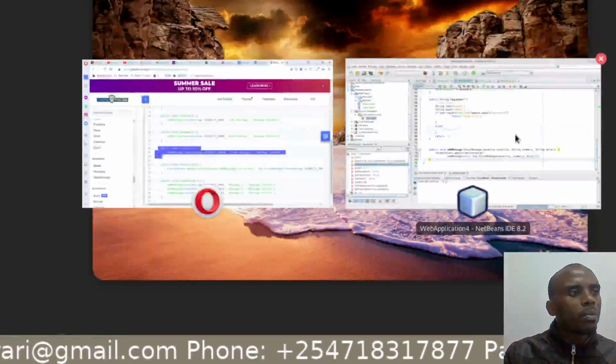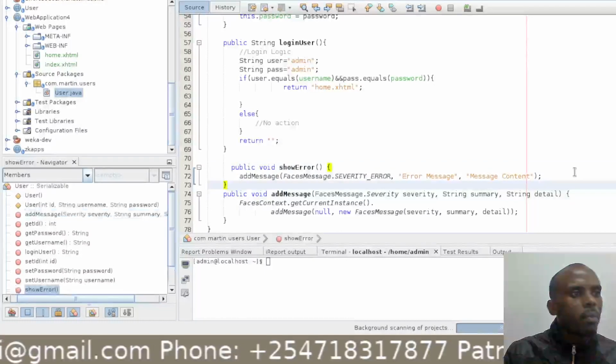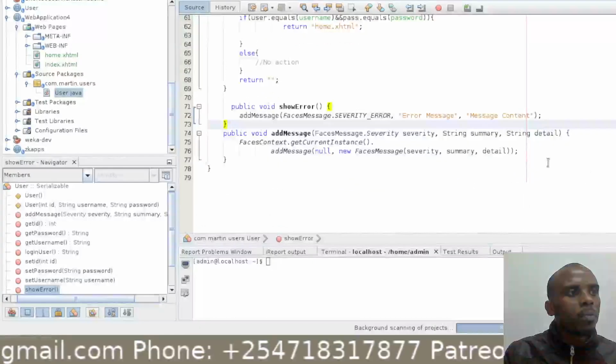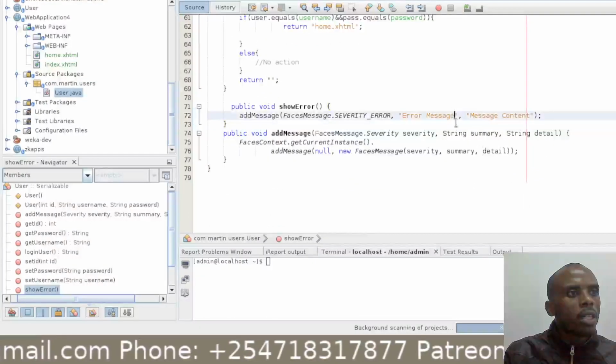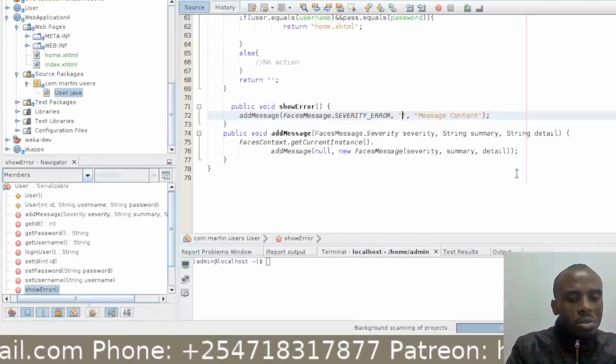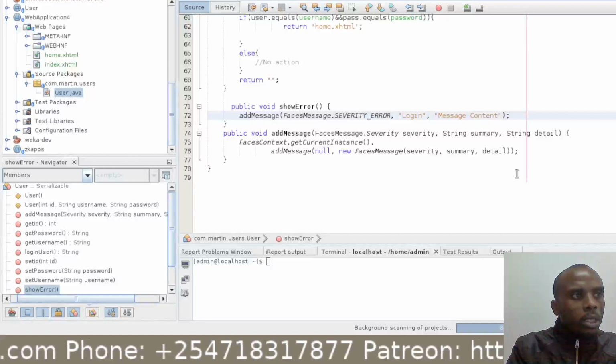Let's also add it somewhere there. Fine, so we have it here, so we can have the error message. We are just going to use the default. Later on you can change to whatever you need.